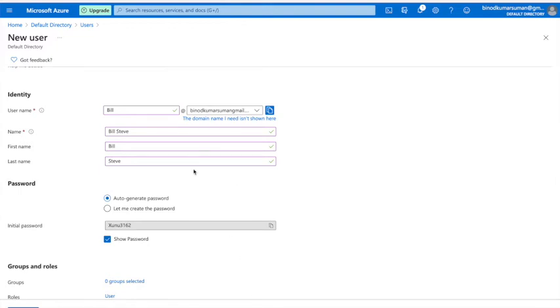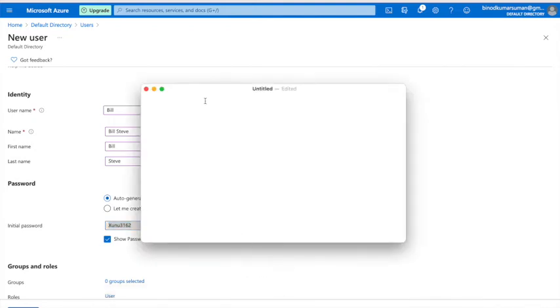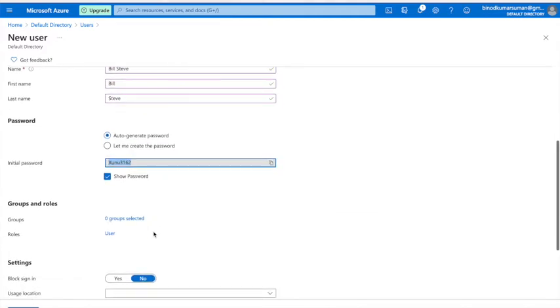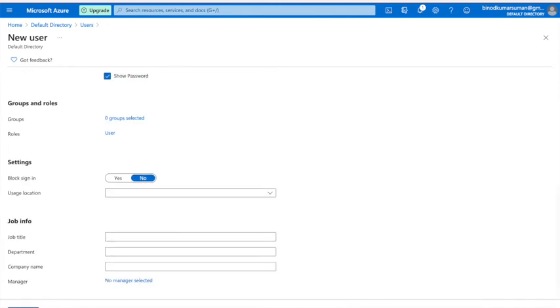So let me keep this password, I will just make a note of it. For this Bill, this is the password, right? Or you can create your own password, anything, and that's it, you can create it here.